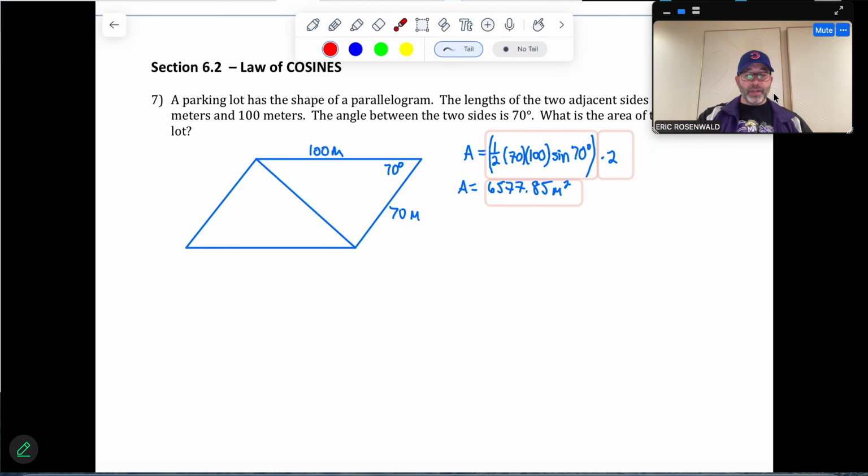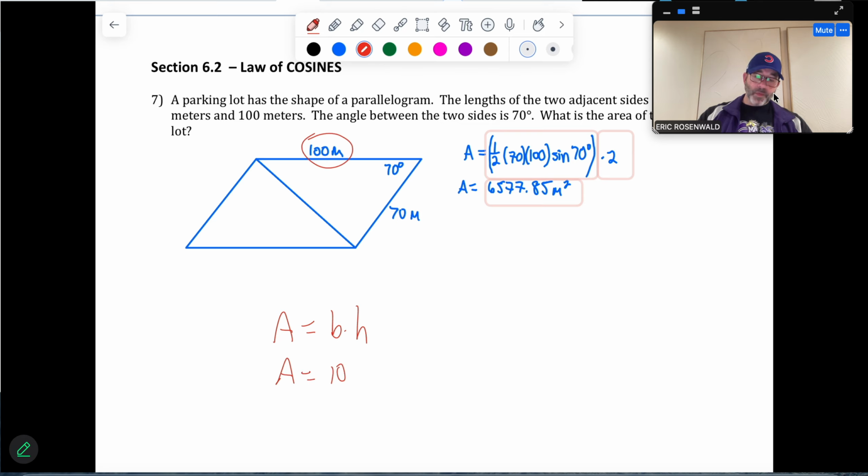Now, let's talk about something, okay? The area of a parallelogram, if you actually look at the definition, is just the base times the height, right? Well, I've got a base. My base is given to me. It's 100. But what about the height? I don't have a height. What could I draw in as a height? Well, I can actually draw in a height right here, couldn't I? And if I drew in the height that's right there, I'm going to redo that, all right? If I drew in a height right here,